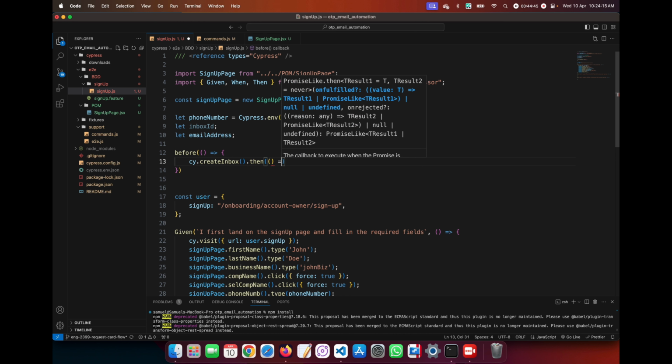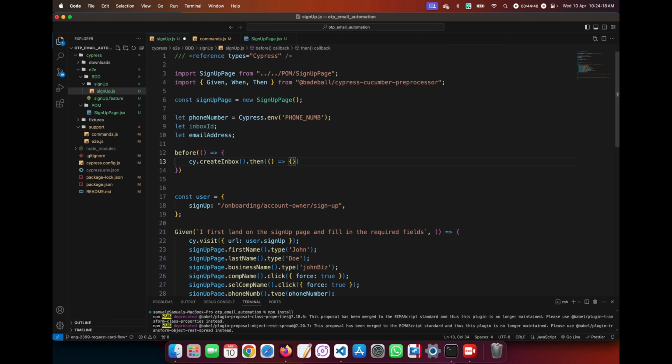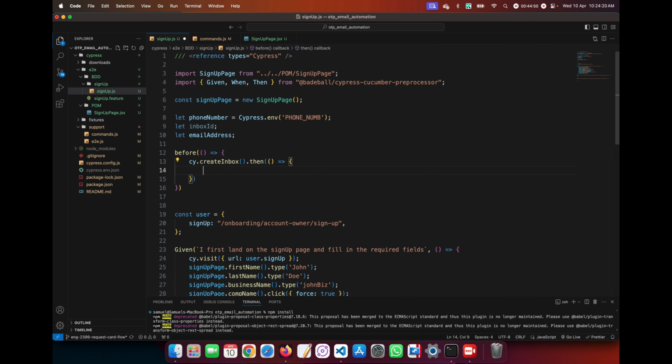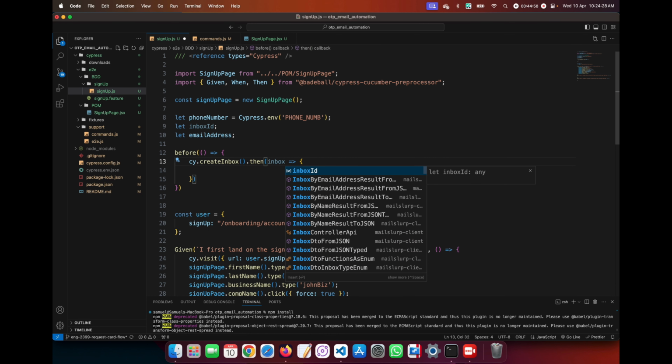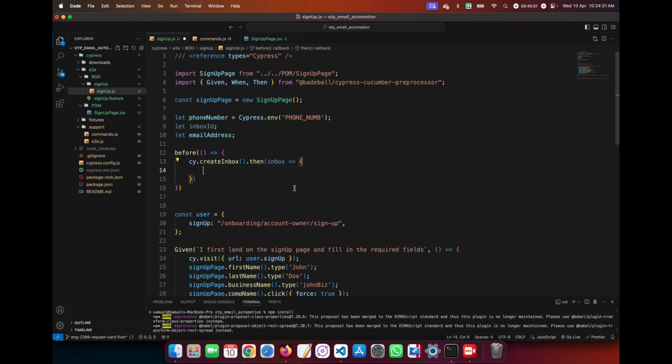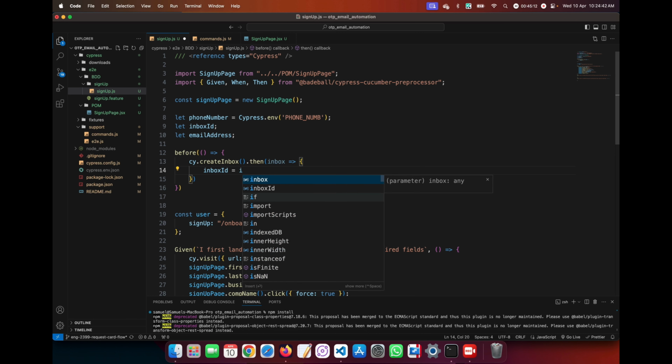In that function, of course, I'm also using my arrow function. So here I say an inbox, and then I will call the inboxId equal to inbox.id,